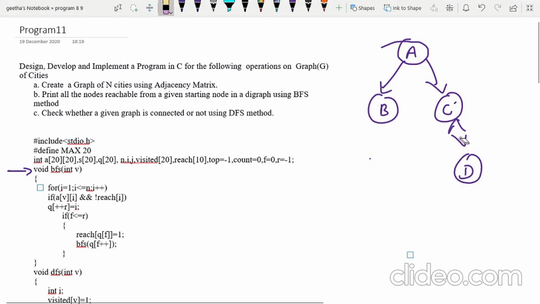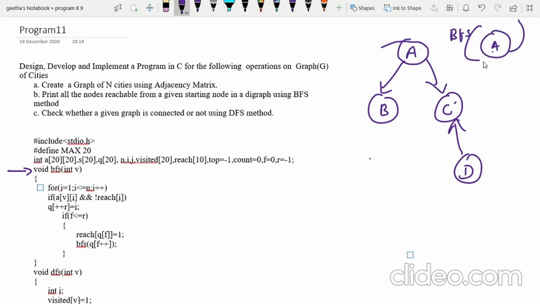Now what are reachable nodes? Suppose you pass the vertex A to the BFS function, that is breadth first search.